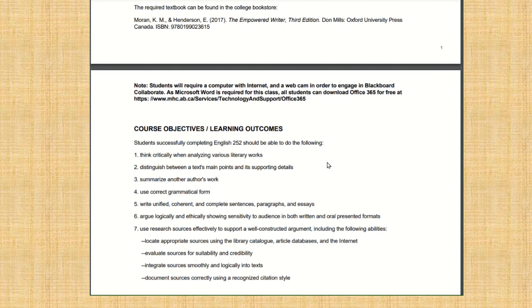So just a quick note on this one. Gone are the days that we use a brick and mortar library, right, to actually go and sit and spend the whole day or a weekend pulling books off shelves, doggedly reading through chapters in order to find the information that we want to quote and use within our essays, right? And I understand that. So a lot of our sources we're going to find to buttress our own arguments within our essays is going to be from online databases, great articles, journals, the internet in general.